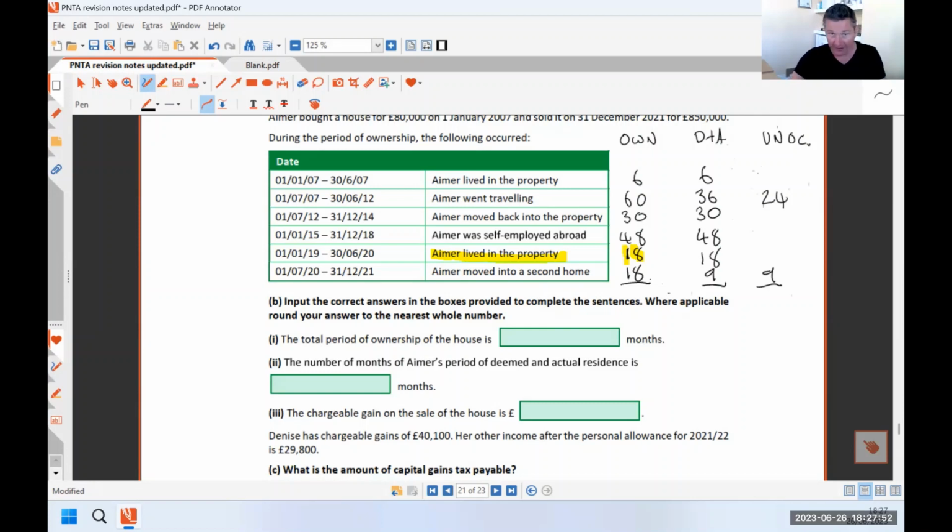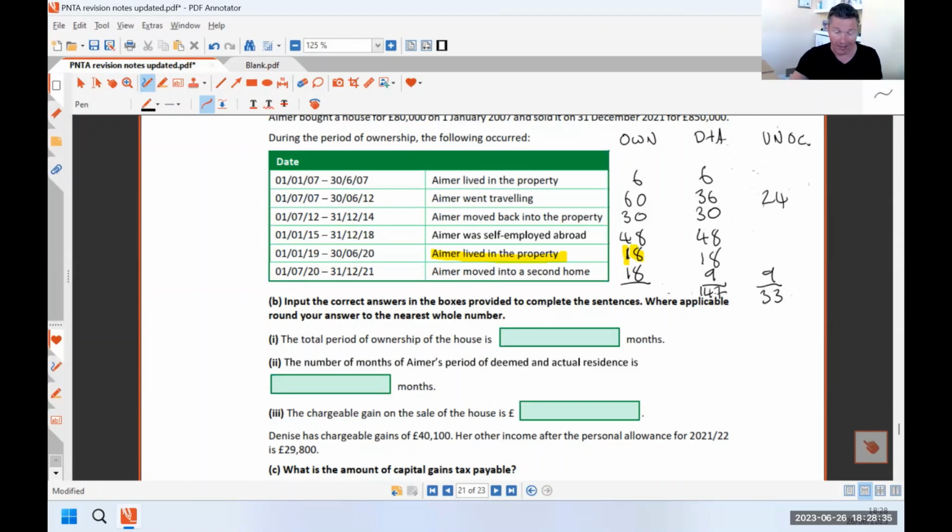Cool. Right, let's add this up. So 24 plus 9, so 33 months are going to be unoccupied. Then we've got 6 plus 36 plus 30 plus 48 plus 18 plus 9. So 147 months are deemed to be or were actually occupied. And then the last bit, if you really want to double check: if 147 is occupied and 33 aren't occupied, therefore that's got to be 180 total